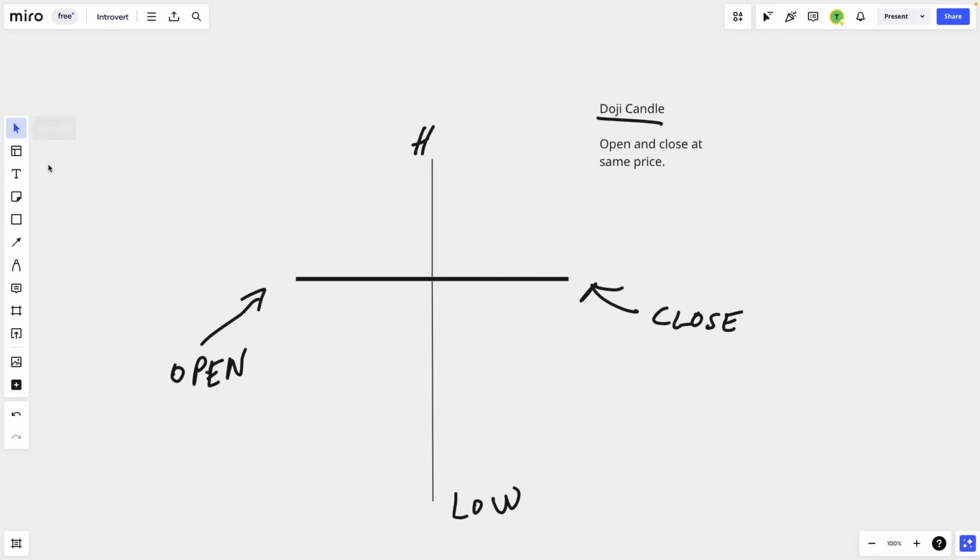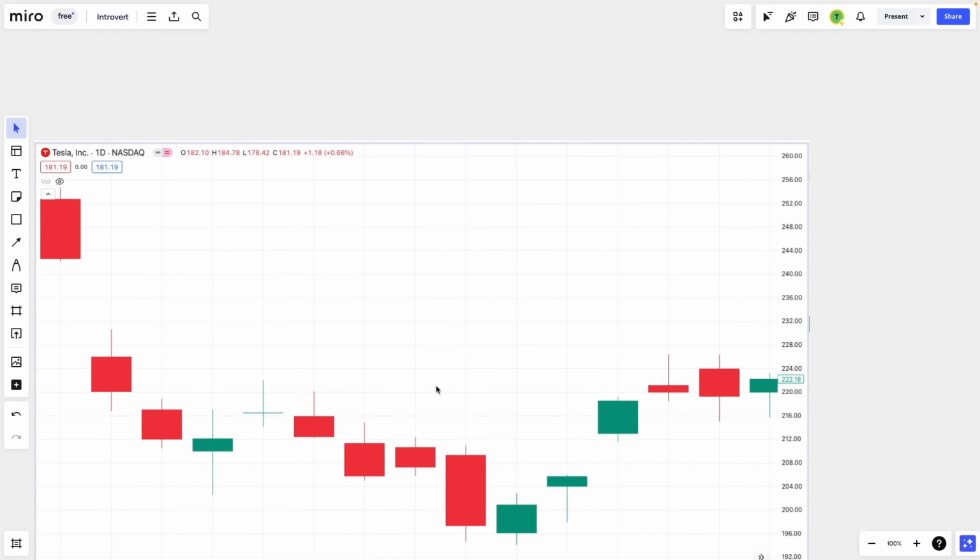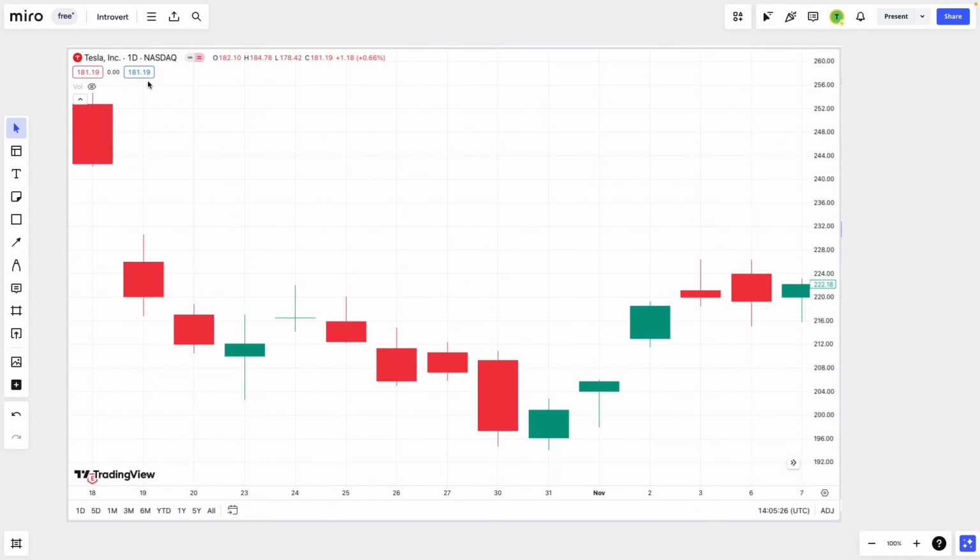And if we look at some real life charts here, I've got one up here and we can see one. Again, this is Tesla and we're on the daily chart here. And this is back in October. So this particular day here, we've got a red candlestick, and the next day we start way down at this particular price here, 227, and the stock closed the previous session at 243. So this tells you that in the pre-market, we closed at 243, and then we dropped all the way down to